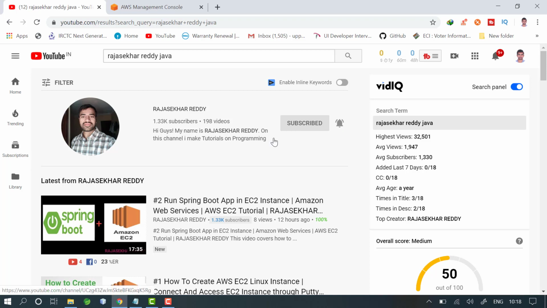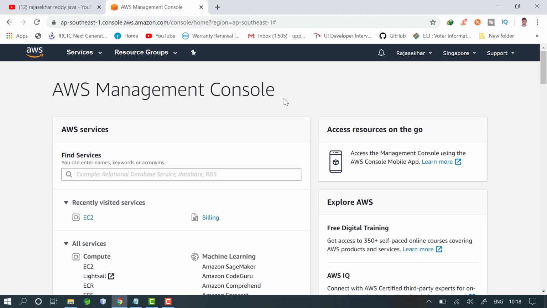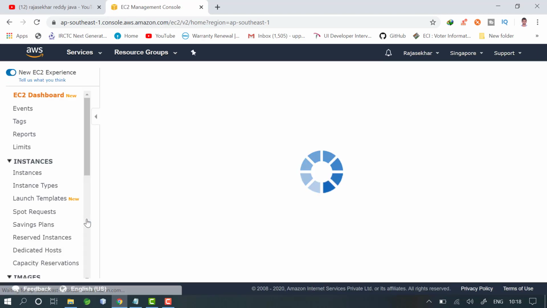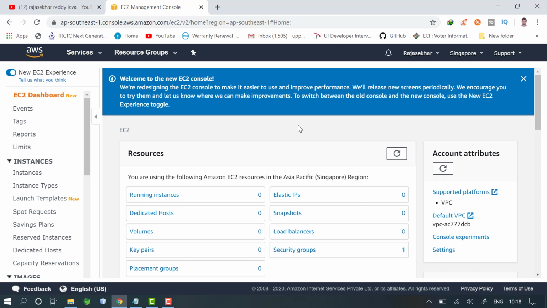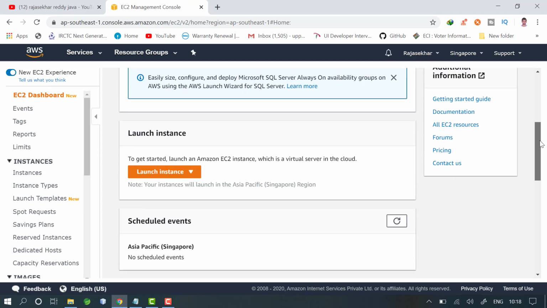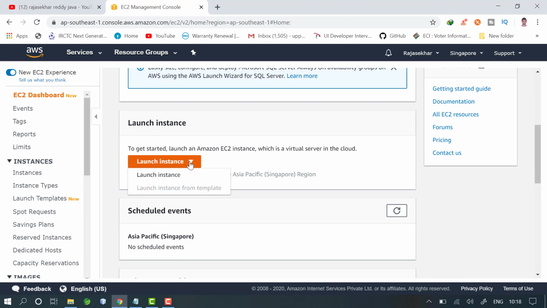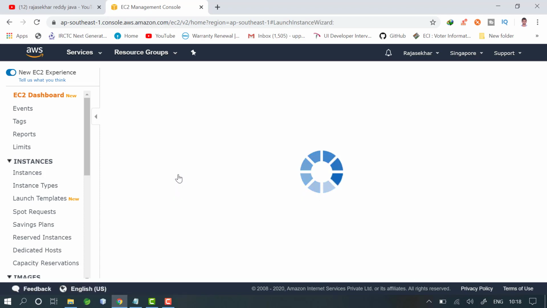In this video, we are going to see how exactly we are going to install Jenkins in our Amazon EC2 Linux system. For that, I just logged into my AWS console, and here I click on EC2. Let me create an EC2 instance. Just scroll down, you can see there is a launch instance option. Just click on launch instance,